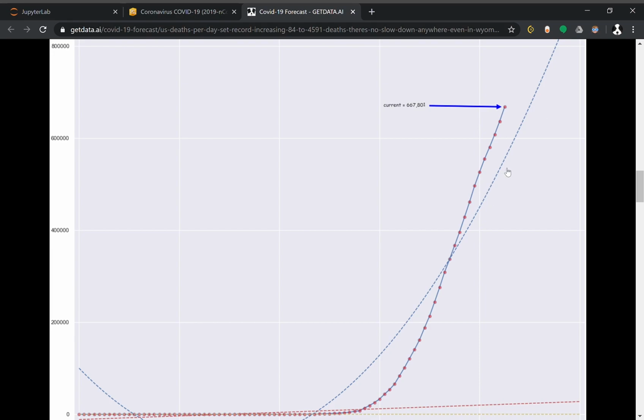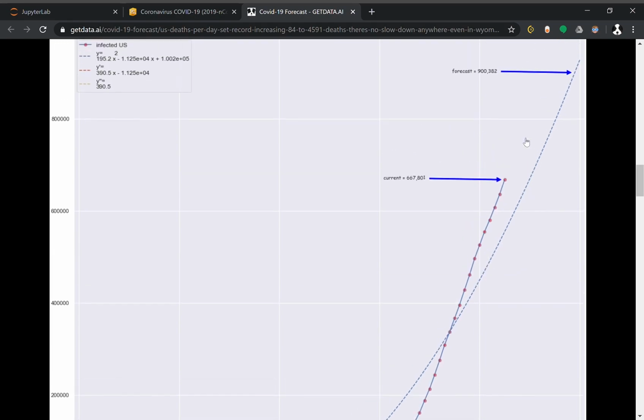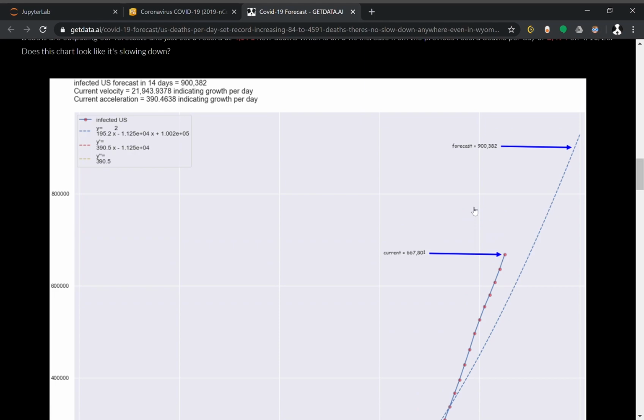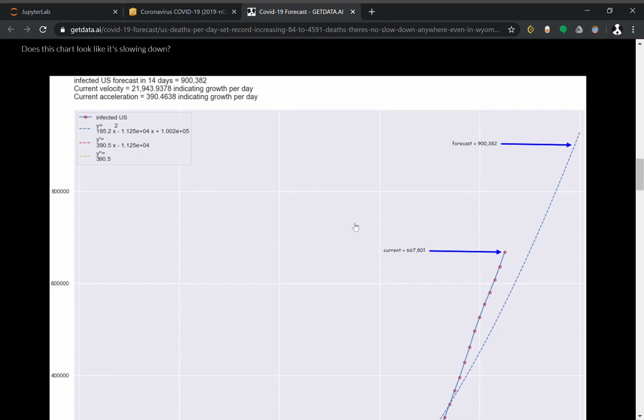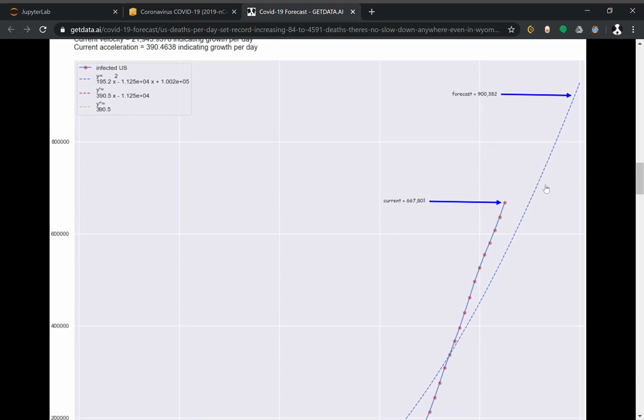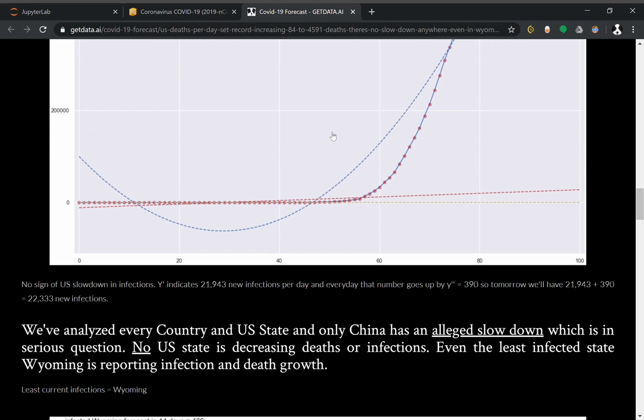Maybe we cruise at a constant velocity, right? And that would mean that the second derivative is constant. We're not accelerating, okay? We'd be at a velocity that's linear, and that is where South Korea is. And I'll show you South Korea in a second. But anyhow, there's the United States. Its forecast is high, 900,000, and there's no sign of this curve turning over. There's no sign of this thing peaking. And so, okay,